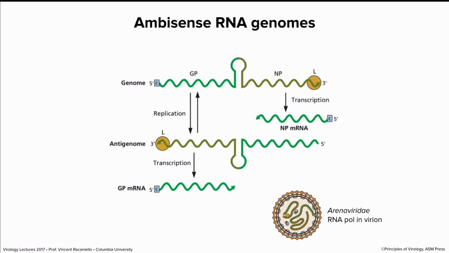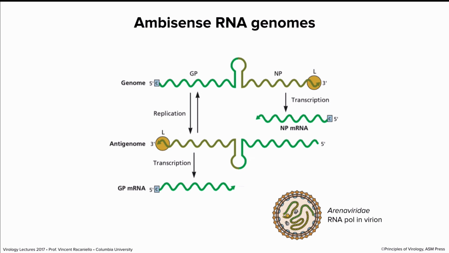The genome is a mix of plus and minus, because here at the 5' end, you have coding sequence. You can look at the sequence and translate it, and it makes one of the viral proteins, the glycoprotein. Then there's a stop codon, and the rest of the genome is not translatable because it's in the negative sense. It encodes a second protein. And so these viruses have typically multiple genomes in their particles, can be up to 3, and each of them has a plus and a minus RNA fusion.